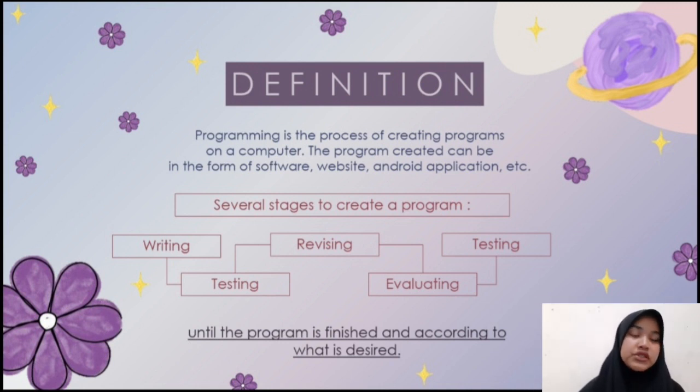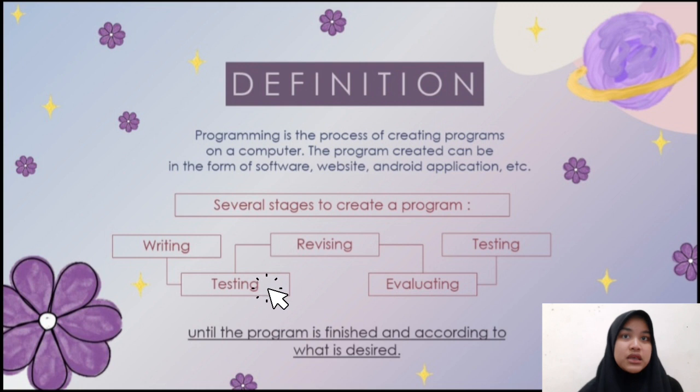And there are several stages of creating a program. First, we have to write a code for the program. Here, we have to know about the data types, variable, and more that leads to the code. And after that, we have to test it. If the program cannot run, it means your code doesn't fit or there is a mistake in it, because we have to write it clearly and in detail.